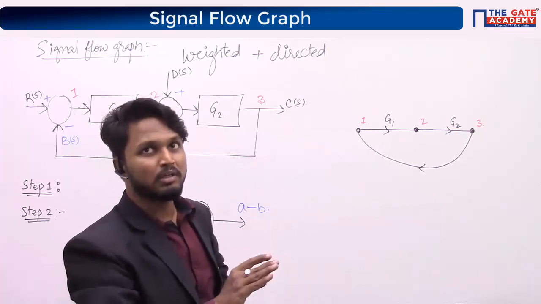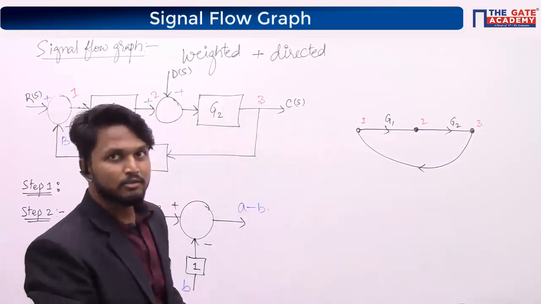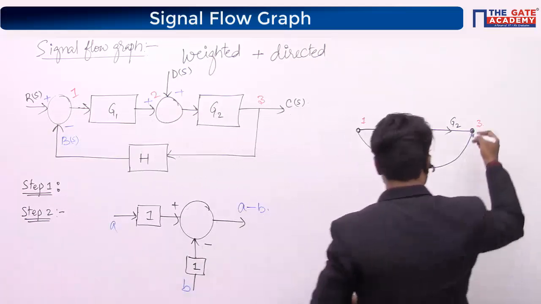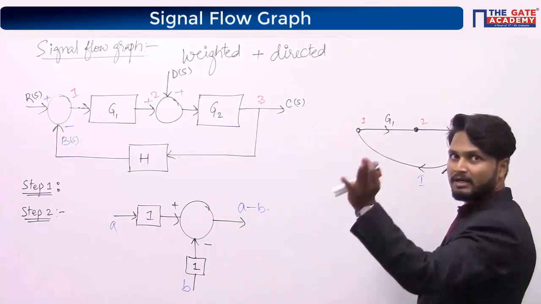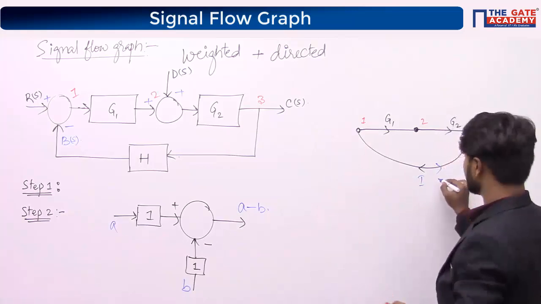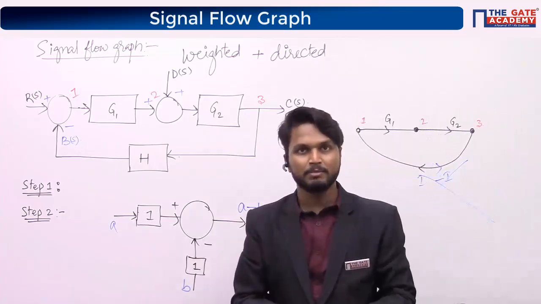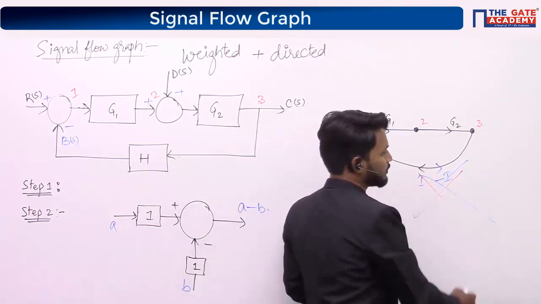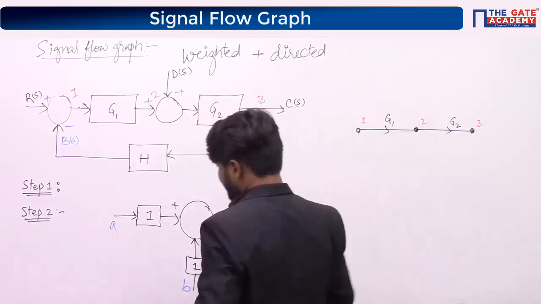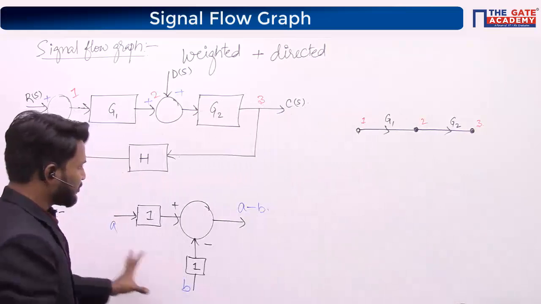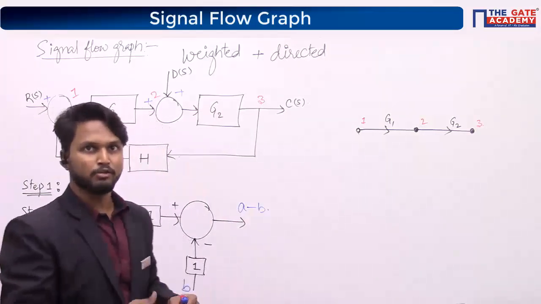You might be misconceiving this with that of networks. In networks you will say if current I is passing from this direction to this direction, it is positive. If current is passing in the opposite direction, I is negative. This concept is not at all applicable here. You cannot apply this particular concept. Is it clear? This same operation, A minus B, can be performed in another way also, right?